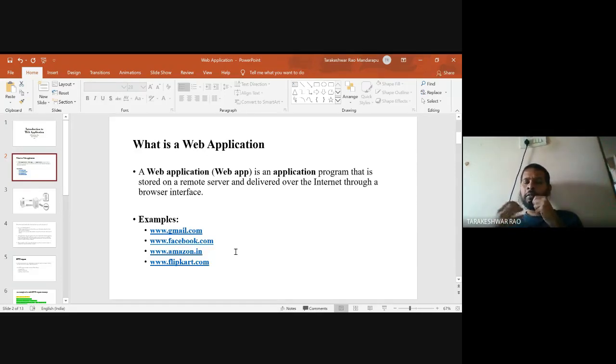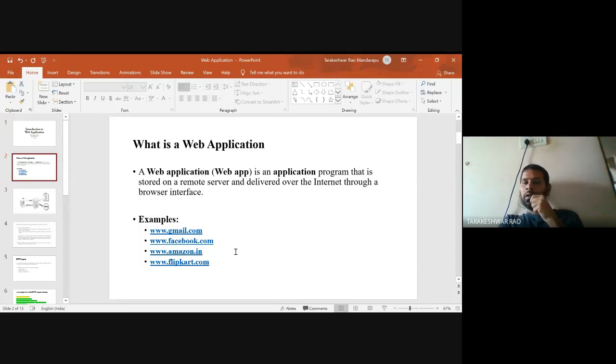You are all aware of these applications because nowadays everyone is using a smartphone and some applications. The very commonly used application is WhatsApp. Even now I'm communicating with you regarding this class through WhatsApp only, right? So WhatsApp is an example of a web application.